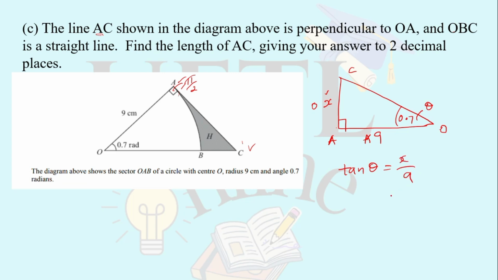As easy as that. We're just going to use this equation to solve. This is as easy as the other questions, maybe. In this case, we substitute theta, which is 0.7. So tan 0.7 is equal to x over 9. We cross multiply, x is equal to 9 tan